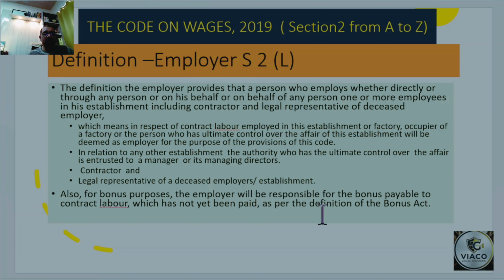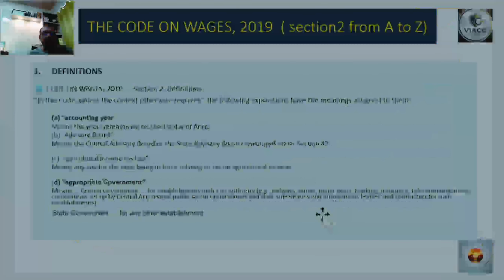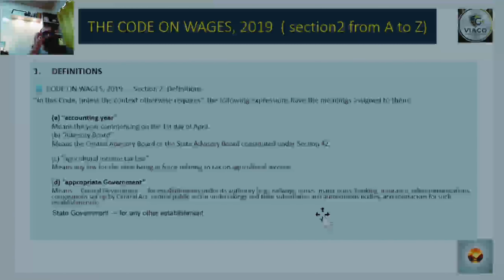Now, खाली bonus purpose के लिए है, वो employer will be responsible. These people are not the responsible. Only director will be responsible, who is having ultimate control over the organization. For all other purpose, these employee, these manager, these authorities, those who are having complete control over the affair of the entrusted to the manager or managing directors or in term of any senior person to be read as an employer. Now let me talk about the definition of